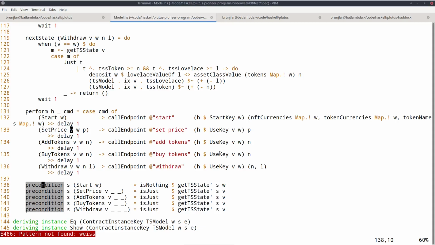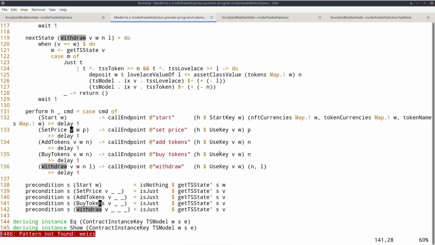The precondition for start is that the model of this token sale hasn't yet started. The first argument of precondition is again this model state. So precondition model state action is a condition that says, in this state, is this action possible. So this says start is only possible if I haven't yet started the token sale for wallet W.